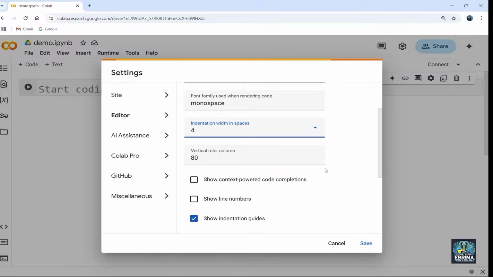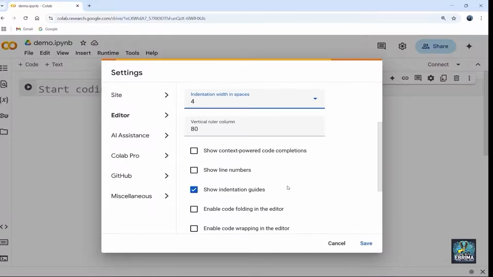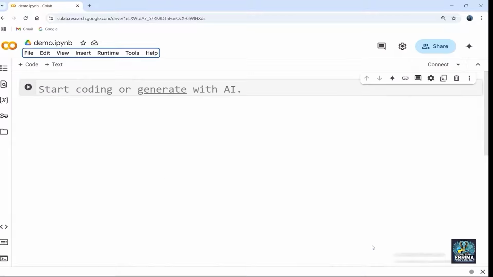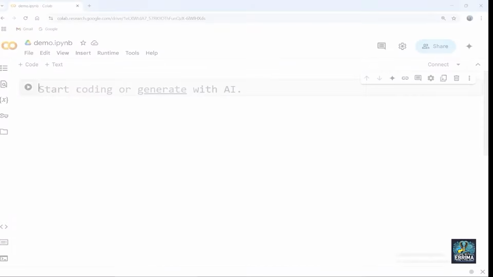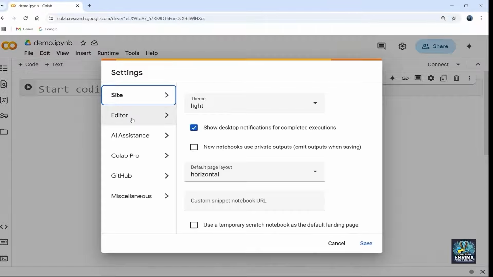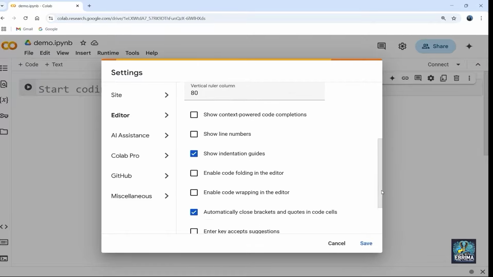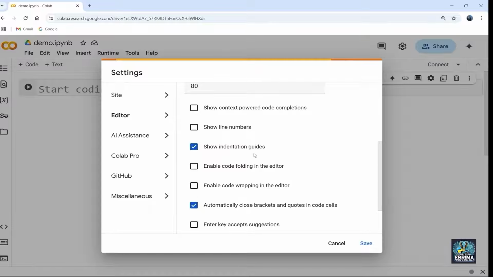All right, so now if I want, I can go down here, but before I show you these things, let me go ahead and save it. And now we are back here. Let's go back to tools again, go back to settings, and go to our editor, and now we can go down here. For example, I'm just going to come down here, and now we can see these things here too.